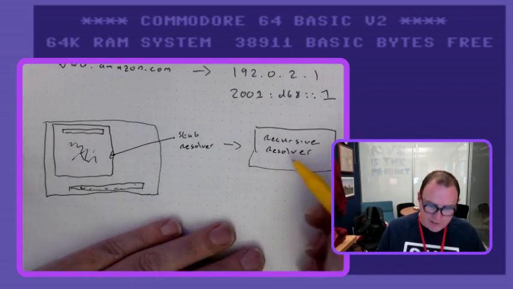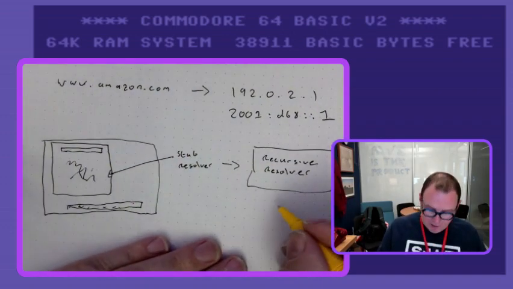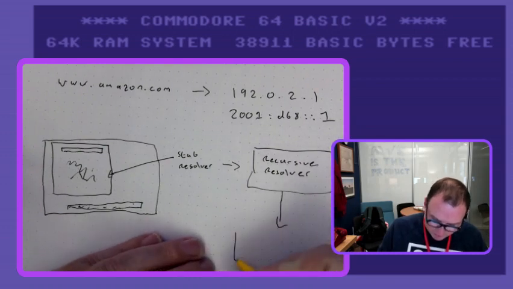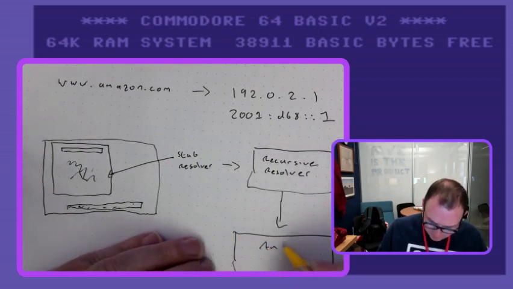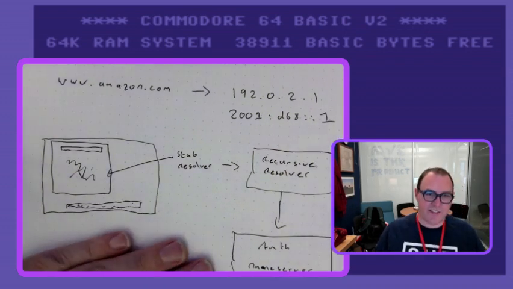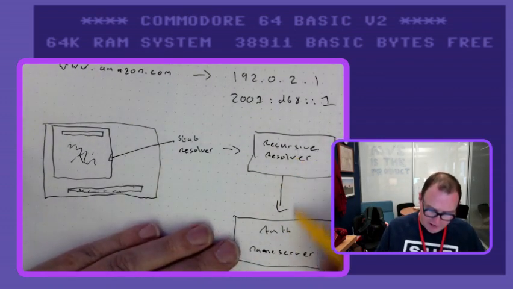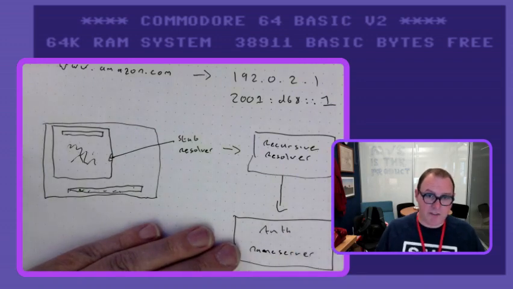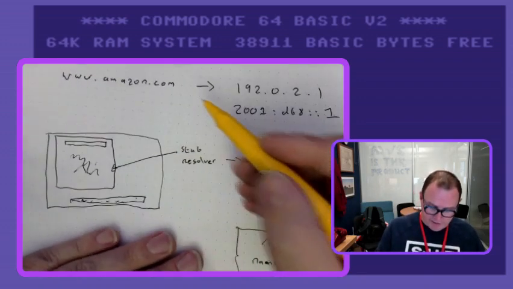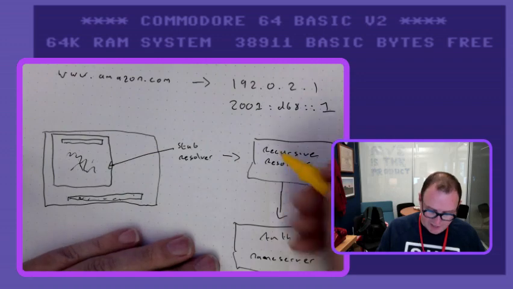So the recursive resolver, right, that's doing the main work. It's going to take the query and turn it into an answer. And for the most part, the way it's doing that is it's talking to authoritative name servers, right? These are all forms of name servers, but this one is not a resolver. It's authoritative. It knows the answers to things definitively, right? That's why it's called authoritative. But a recursive resolver might have to talk to many different authoritative servers to build up your answer. We'll see why. But once it's figured it out, it knows the answer, and it can return it to here,